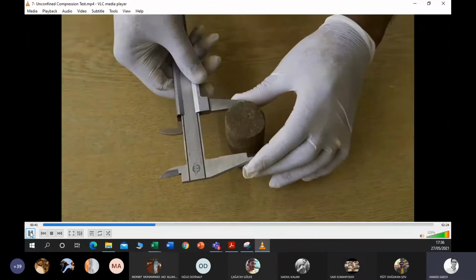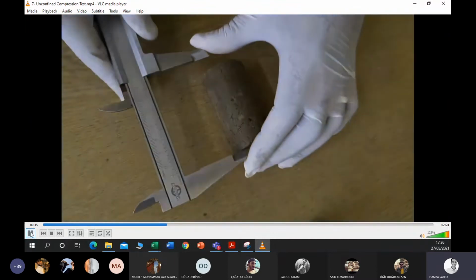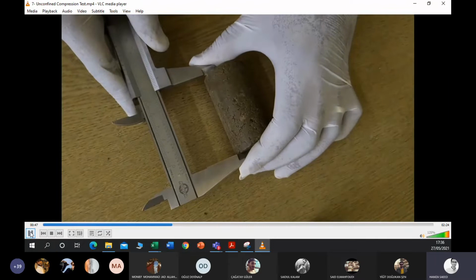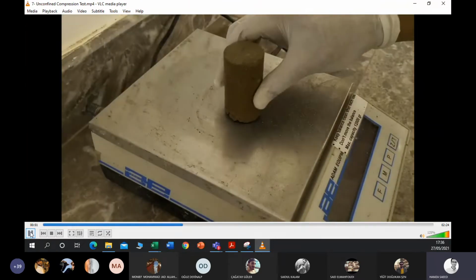Record the dimensions of the specimen by measuring the diameter and height. Record the mass of the specimen.